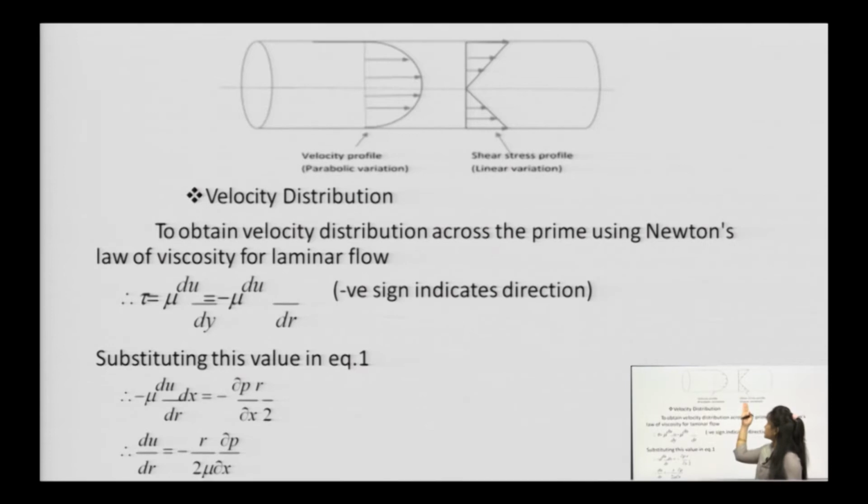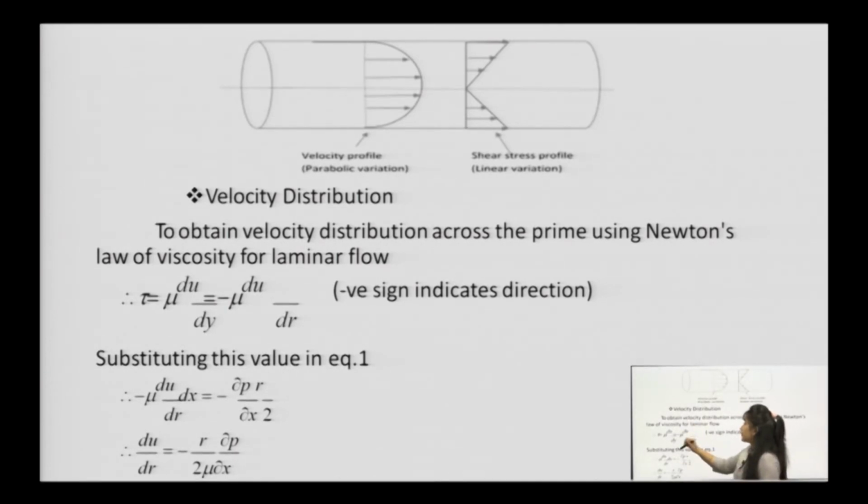This is again the shear stress distribution, which varies linearly. We considered an elemental fluid at the center of the pipe and calculated with the help of a normal equilibrium condition, that is, the total forces acting on the fluid should be 0. This was the first point we covered: the distribution of shear stress within the viscous flow of a circular pipe.